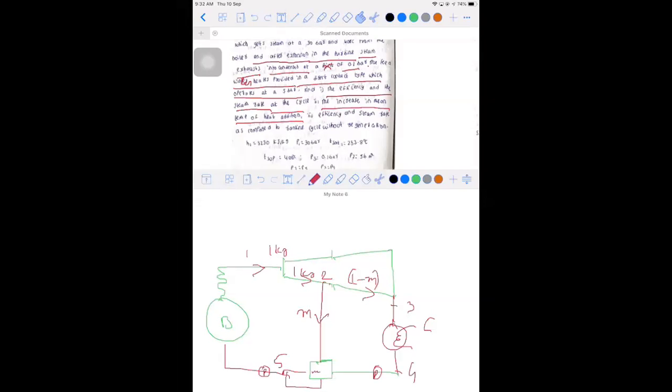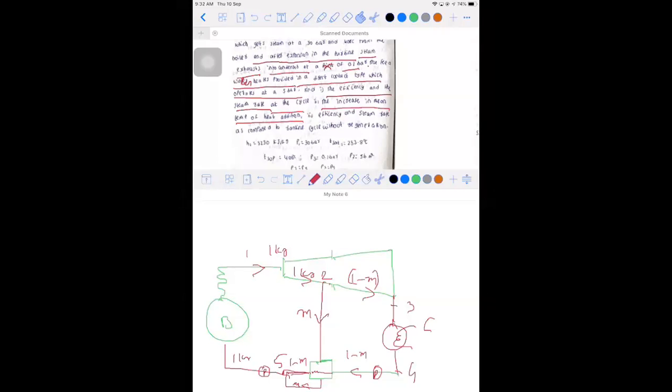It is a direct contact, so there's no need to give a separate line, but every time you make it like this only. In the textbook they may ignore it because of the direct contact, but whether it is direct contact or indirect contact, you try to do it like this only. And this is going to be 1 minus m kg, and this is m, and this is 1 minus m, and this is equal to 1 kg. This is the corresponding figure.